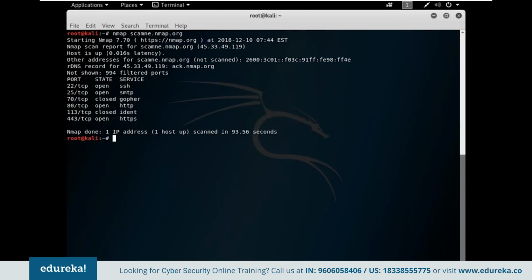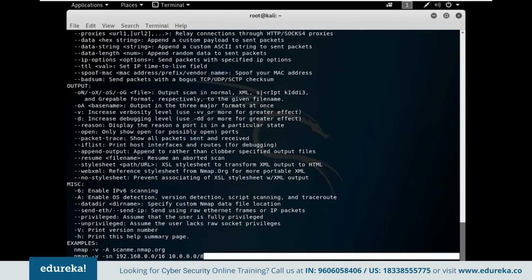But like I said, guys, this is the basic thing. And a hacker would definitely not do this because it's very time consuming. And why would he need information about all the ports there are? So he's going to target only some specific ports that he wants. For that, like I said earlier, there is nmap --help. Sorry about that, guys. Like I said, he uses this format, as in the range of IP addresses, to know about the ports or the information he wants.